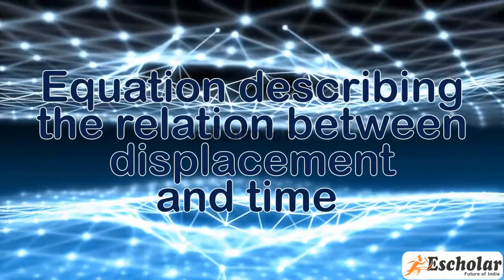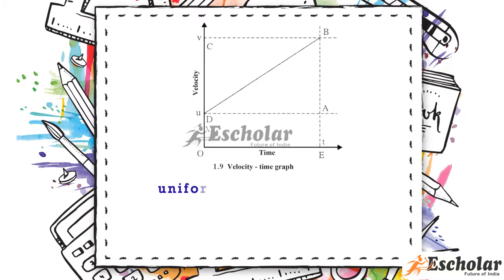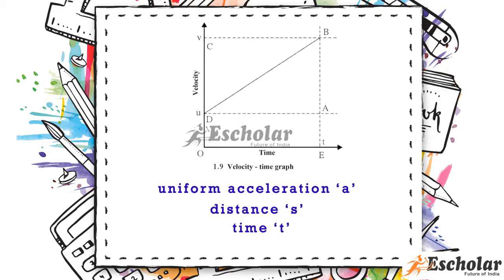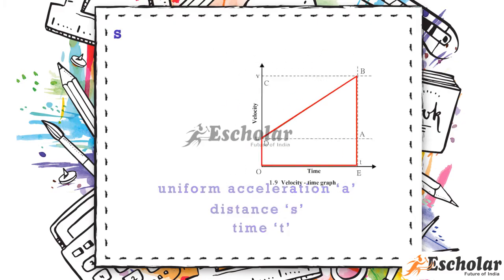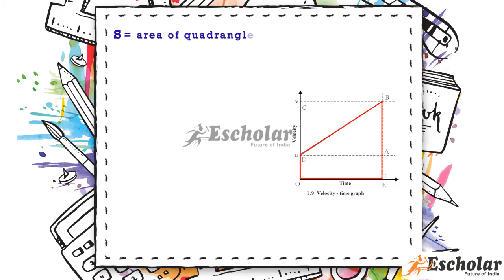Equation describing the relation between displacement and time. Let us suppose that an object is in uniform acceleration a and it has covered the distance s within time t. From the graph in figure 1.9, the distance covered by the object during time t is given by the area of quadrangle DOEB, that is S equals area of quadrangle DOEB equals area of rectangle DOEA plus